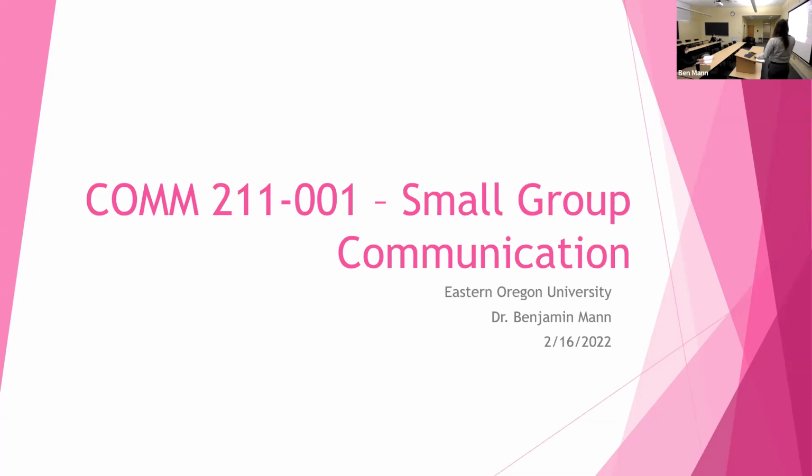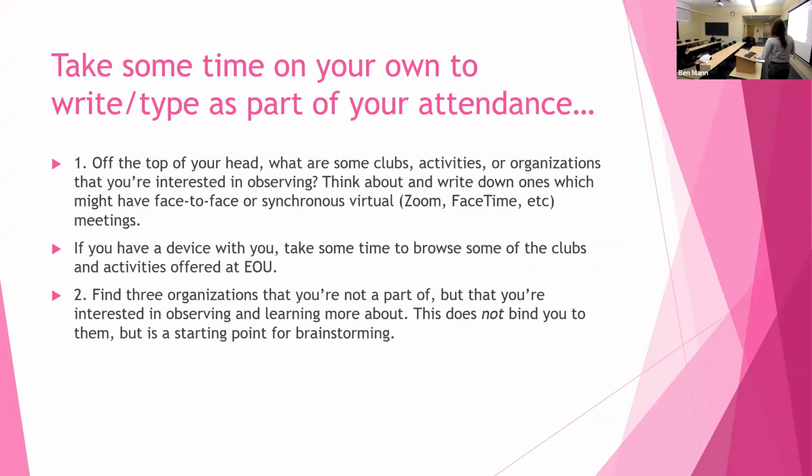So as we get started for today, I want us to be thinking a little bit about leadership and communication. I also want to remind you that you have your next assignment, the small group observation, where I'm asking you to observe a small group that has a meeting and you're not a member of that group. One really easy way to do this that my other class did is to get in touch with other students in the class who might be a part of clubs or activities or organizations on campus.